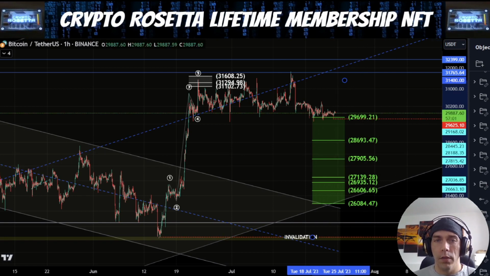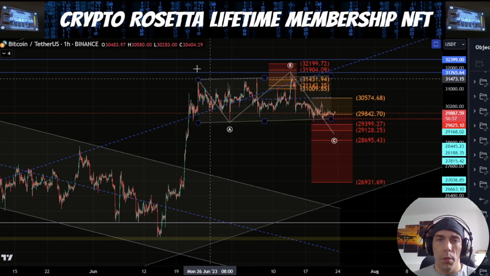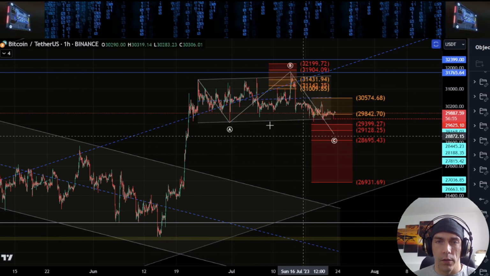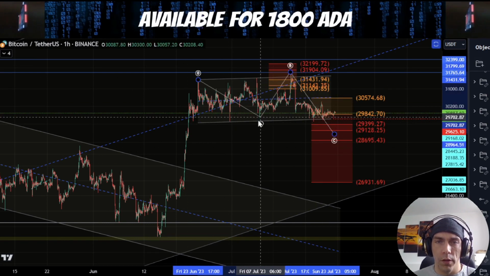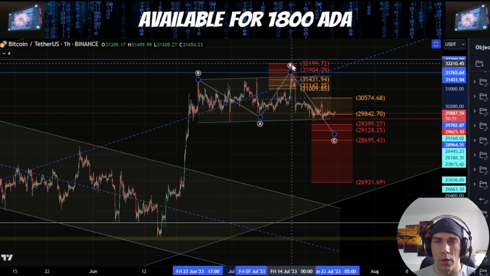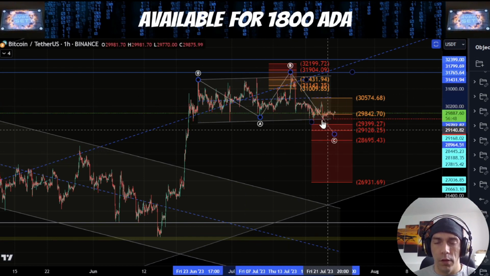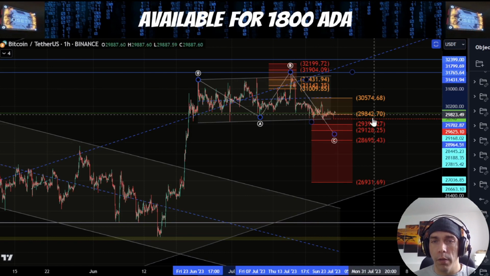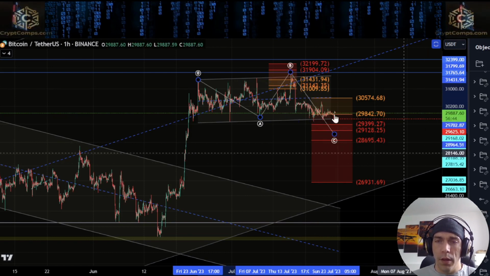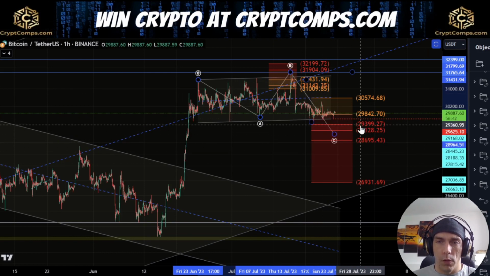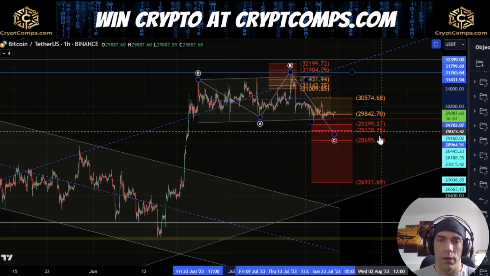Now, if we were looking at this in this way, we'd be saying that this whole move is a bigger corrective structure here, where we're looking at this as A, B, and then C. Now, we can move this around a little bit and say that our A wave is here, this is our B wave, and we're looking for a C wave to the downside. If this is a C wave, however, what we'd be looking for typically would be a move into this zone here, this 29,399 to this